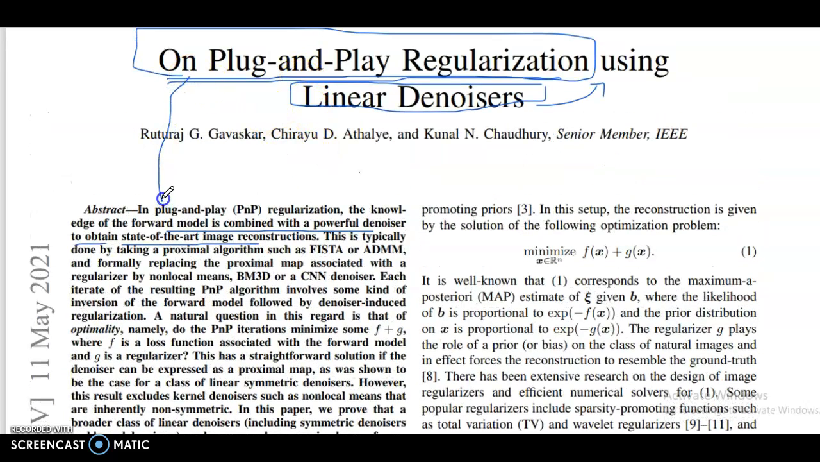In plug and play regularization, the knowledge of the forward model is combined with linear denoisers for image reconstructions. This is typically done by taking a proximal algorithm such as